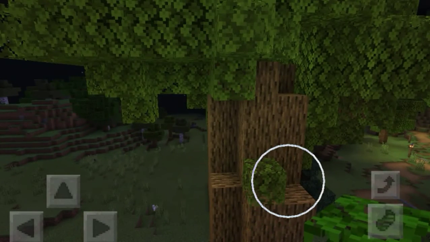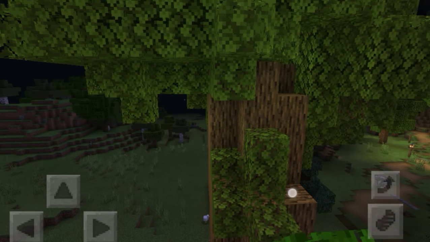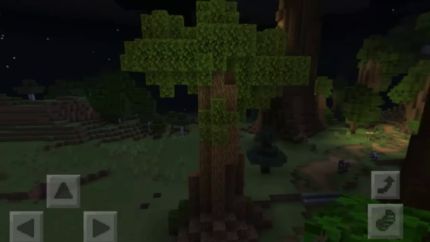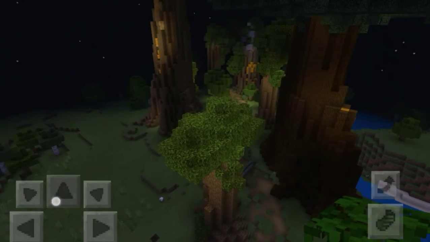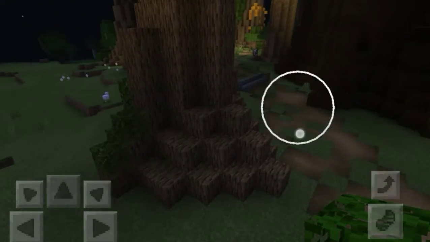And I'm just making sure it's as organic as possible, so none of my trees will look the same. Now, this is our tree, our tiny tree that we've built right now. Well, we built together. And if you see any problems with it, you can always go back and destroy